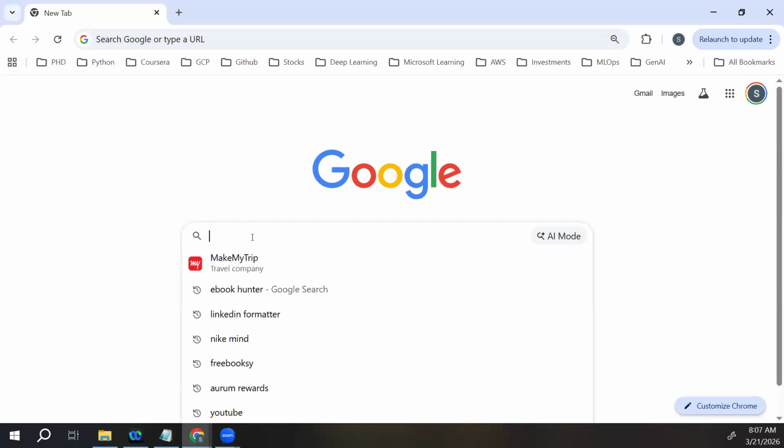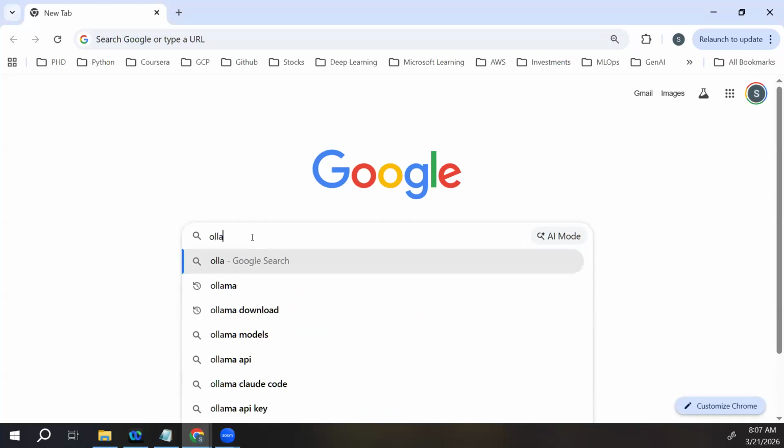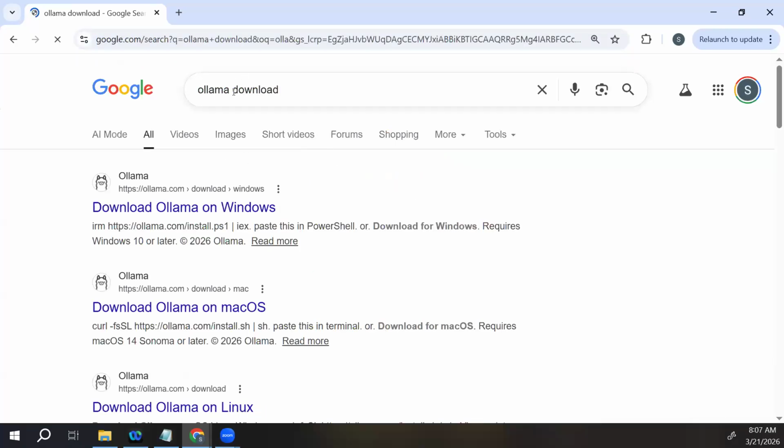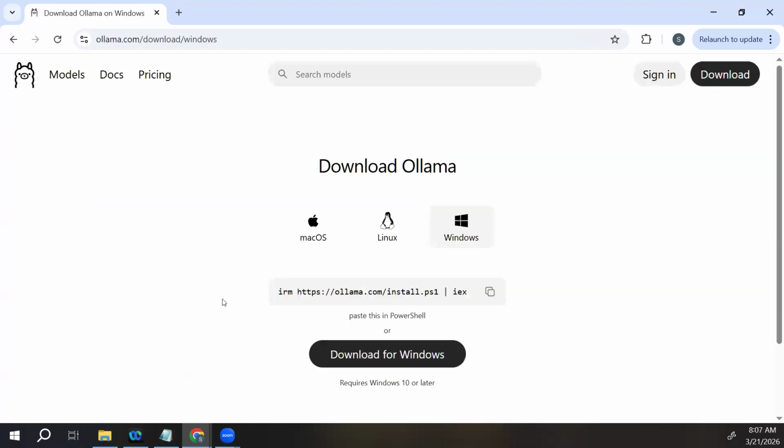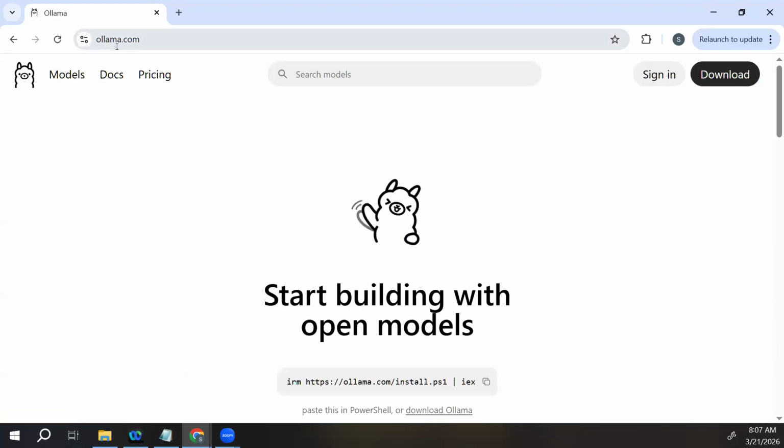So I'll search Ollama download. Once I say Ollama download, depending upon your OS, whether it is Mac OS or Windows, you will get a website link, download Ollama on Windows. So we get to the website ollama.com. If I click on this llama icon, you go to the direct ollama.com page, and it says start building